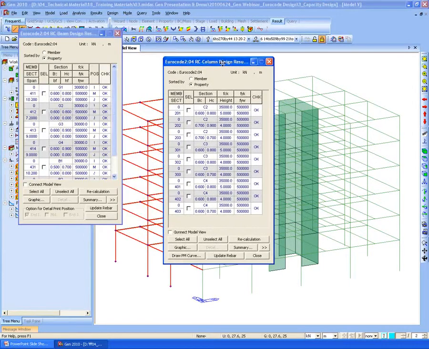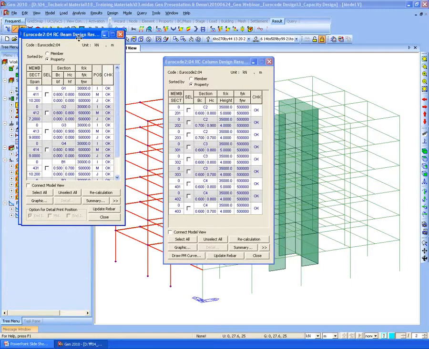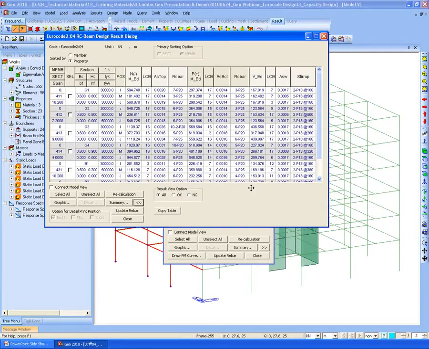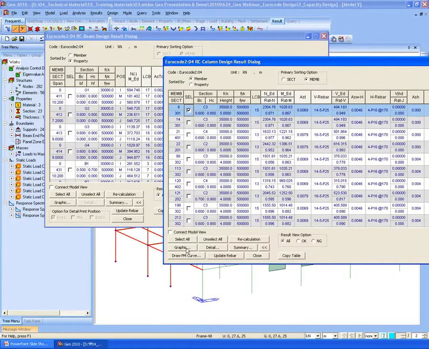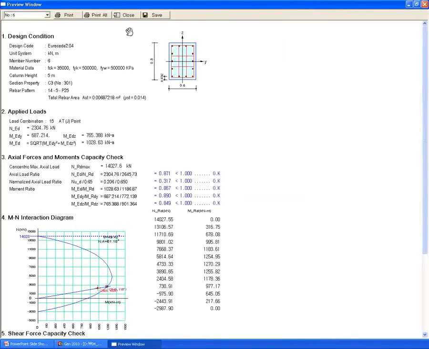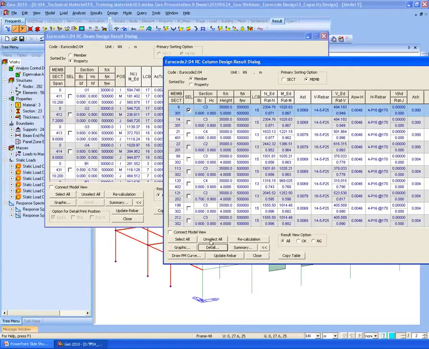And the results are the same. Once we perform the design, we can check the results in the table dialog box for the beams and for columns. And we can check these results in the graphical report and the detailed report.